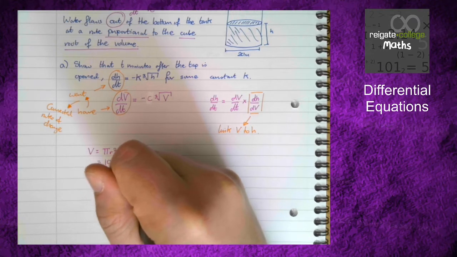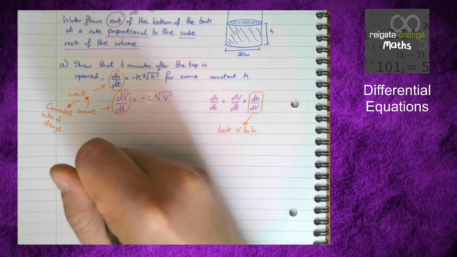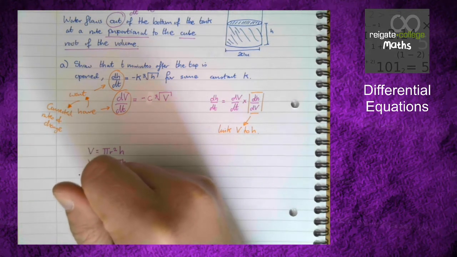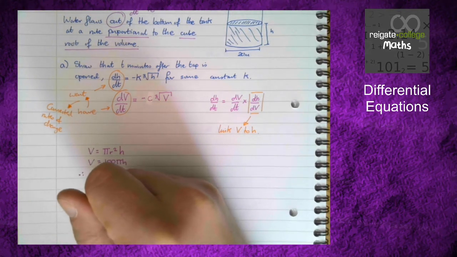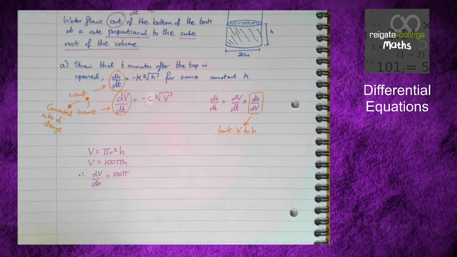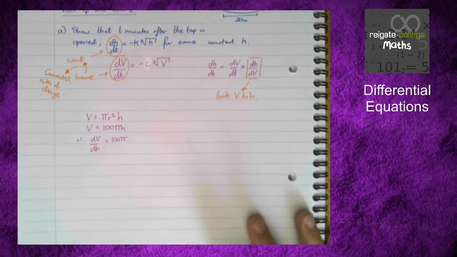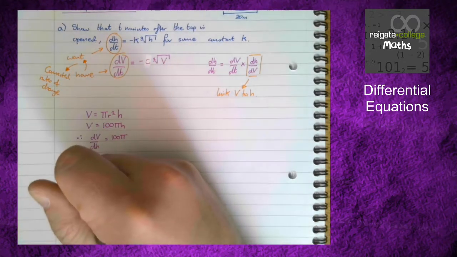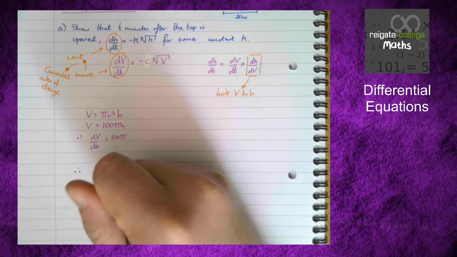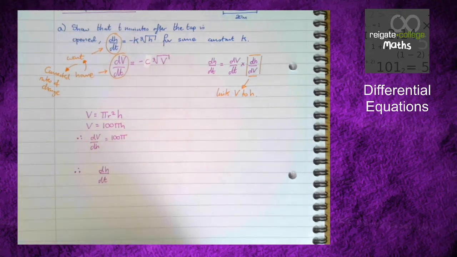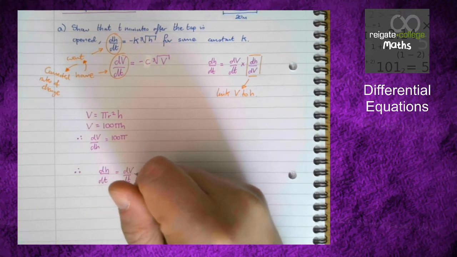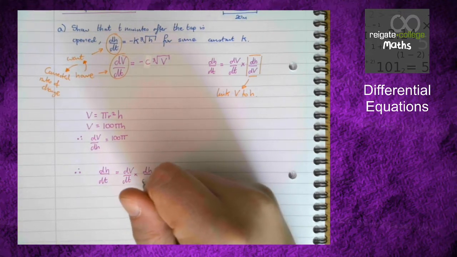So v is going to be 100 pi h, which means that dv by dh is going to be 100 pi. So therefore, dh by dt, the thing we're trying to find, is dv by dt times dh by dv,